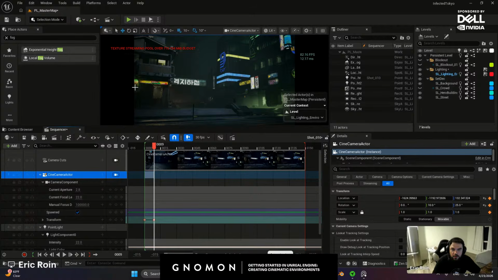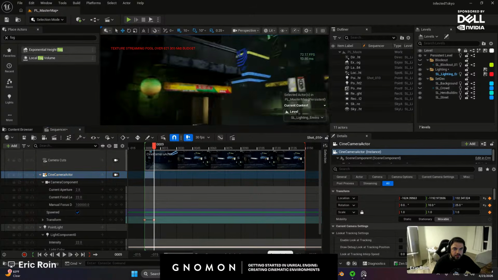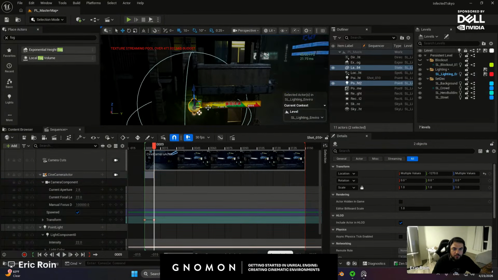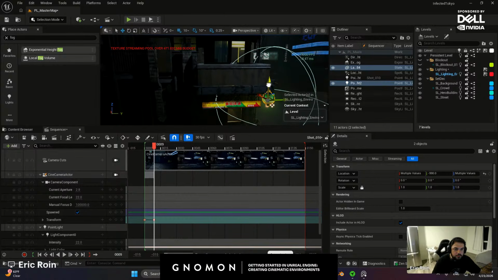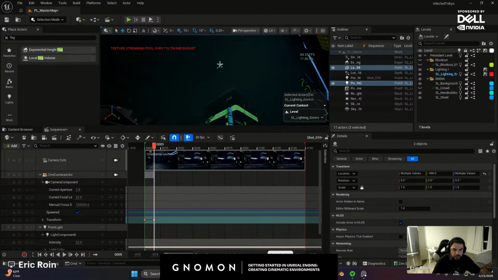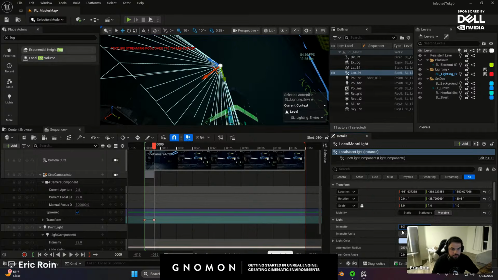Lock that, and I don't really like how that looks now. Try something else. Yeah, I think that reads better because it kind of takes our eye away from the edge of the frame and then highlights it a little bit more. This light starts to feel a bit too intense with the moonlight. Let's tone it down. 50.